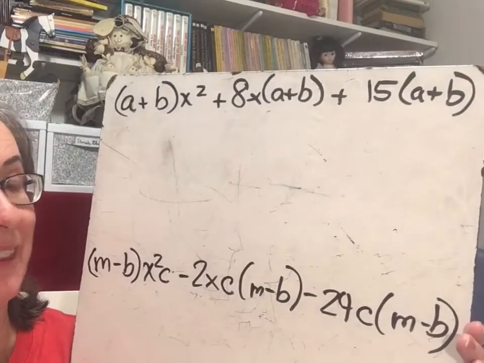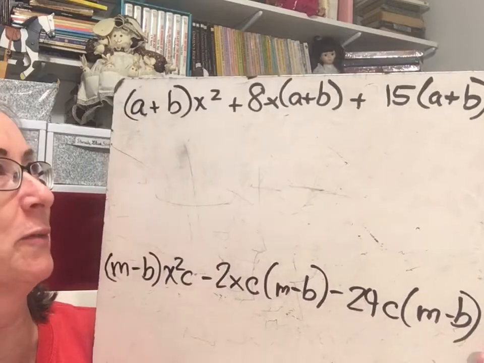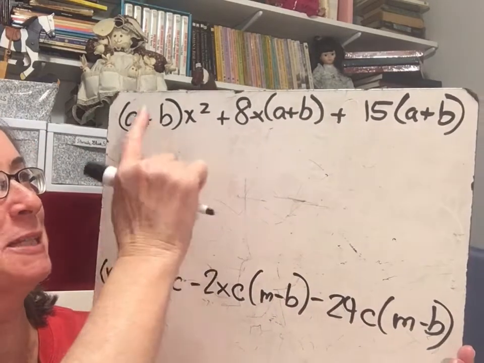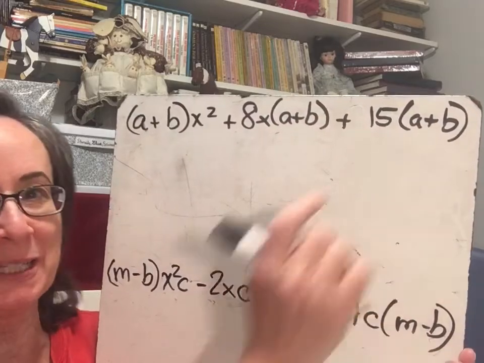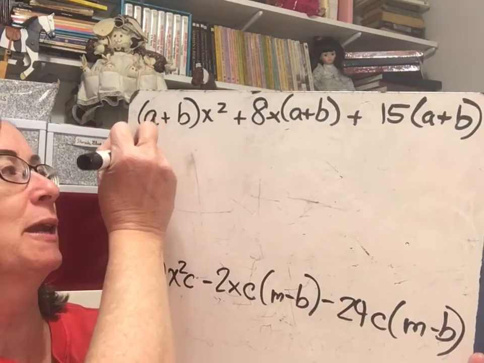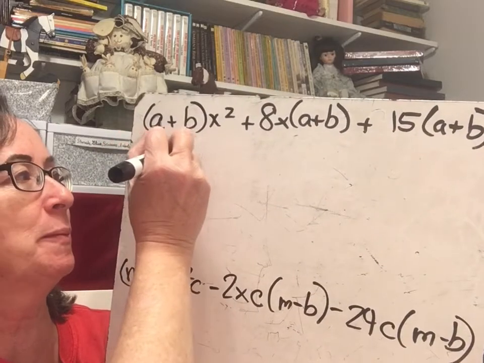Right, so I think I was able to get 2 on my board at one time. We'll see if I can work them. Okay, so we have an A plus B and an A plus B and an A plus B. We have an A plus B as a common factor. So when I pull out the A plus B,